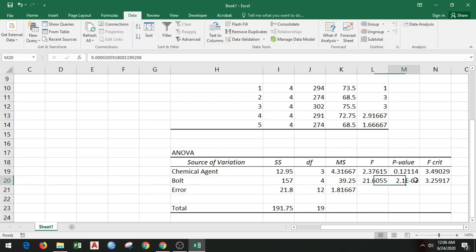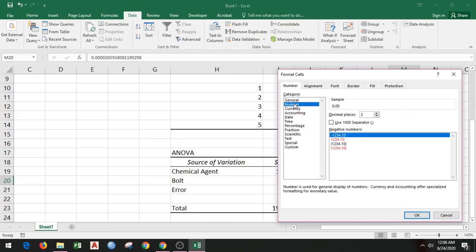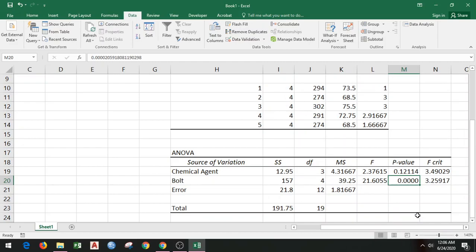Once again, if you look at p value, which is 2.1 multiplied by 10 to the power minus 5. So to make it easy, I can format cells, it's almost 0 number, and I will make 4 decimal places. Okay, it's gonna be 0. So yes, p value is 0. That there's absolutely no chance of error, right? That means p value is less than alpha value of 0.05. Observed F value is higher than the critical value of F. That means that the different bolts of cloth have variability.